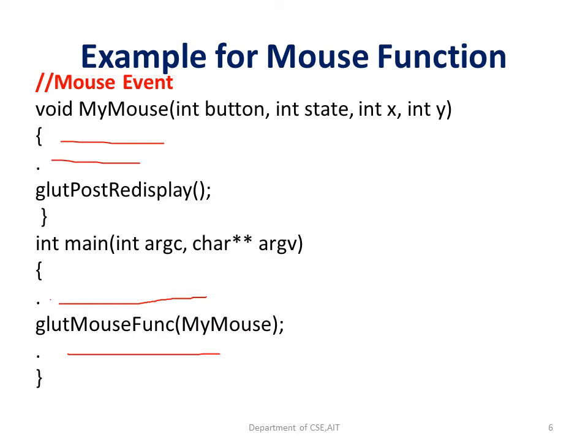So you can have any statements in the myMouse that will be making use of the button, state, X and Y values. So button is for which mouse button I am going to make use of. The state is whether the button is pressed or released. X and Y values correspond to the world coordinate system's row and column value. So we can have any number of statements in the myMouse, and we can also have any number of statements in the main function, but the related API which is connected to the myMouse is the glutMouseFunc function.